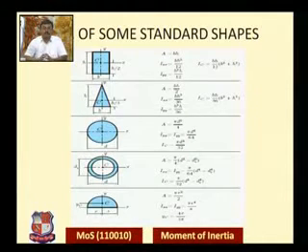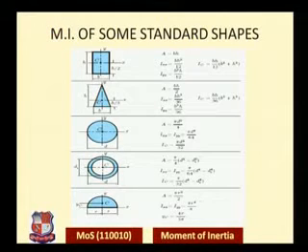So you can always summarize the standard values here. It would be very much useful in solving the problems. You must memorize it, as well as you should also know how to derive the standard values for the standard elements we have just discussed. At least for these elements like rectangular section, triangular section, circular section, semicircular section and quarter circle, you must know the value of the moment of inertia on the centroidal axis as well as along the base of the elements. With this background in mind, now we can proceed for the problems based on these theories.